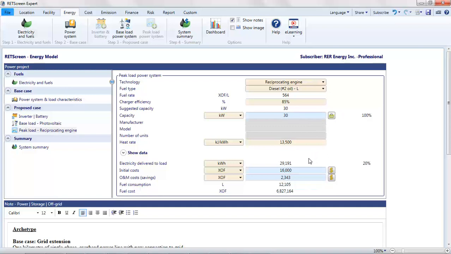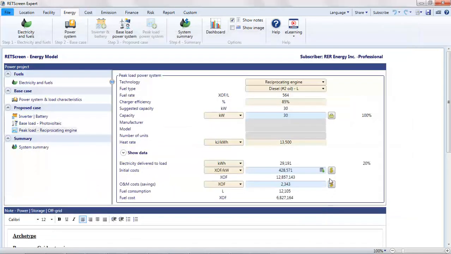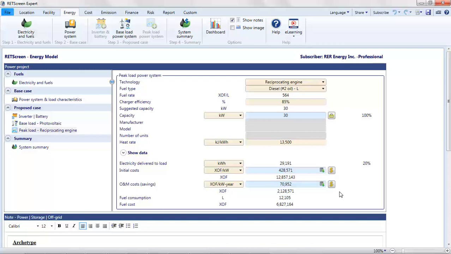Then I'll adjust the costs using the cost databases. These Canadian prices are likely far higher than what would be found in Burkina Faso, but I'm not going to worry about that too much. Keep in mind, this is the genset for the proposed case. So if the project is financially attractive, even with these genset costs overestimated, it will only be more attractive with more reasonable estimates. The O&M costs here are for annual regular maintenance, not including overhaul costs, which we will find